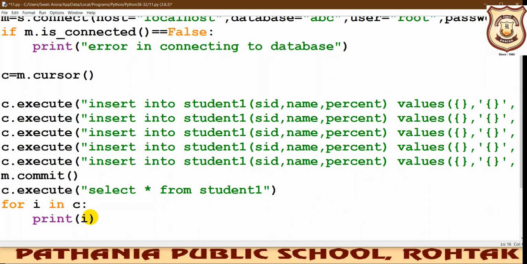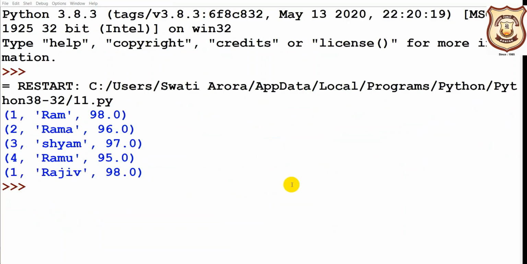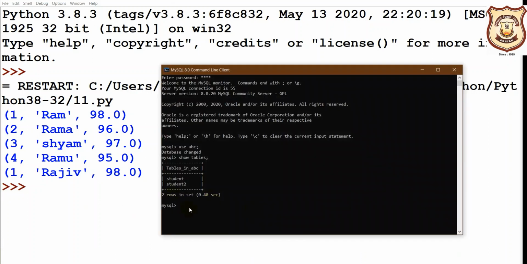For that we'll be saving the program and then we will run it. On running we have got the same data that we have entered. If you want to check it in MySQL, what we need to write is select star from student 1.